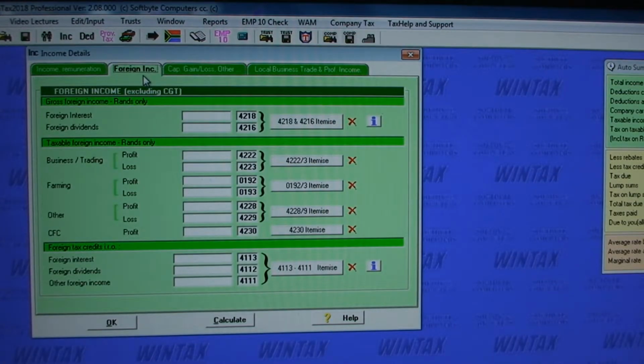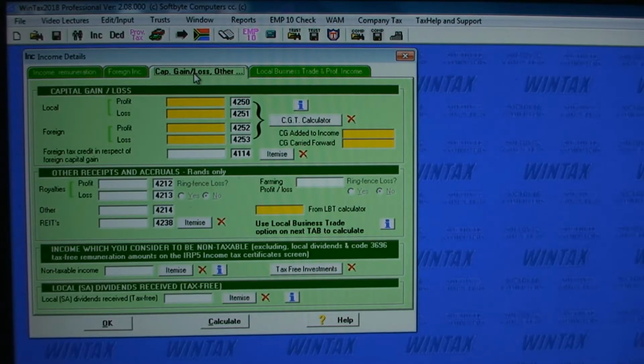WinTax caters for foreign income, applies the taxable amount of foreign dividends earned, calculates the sixth-schedule amounts and the forfeited amounts, etc. Other income such as net income from SA dividends, rates income, etc. is catered for. If we open the CGT calculator,